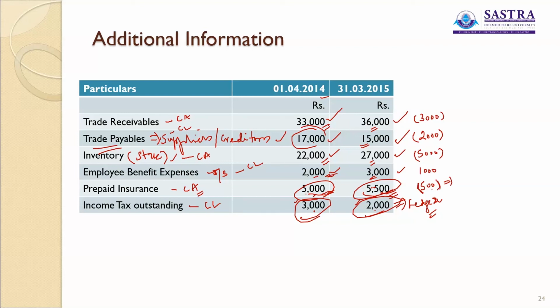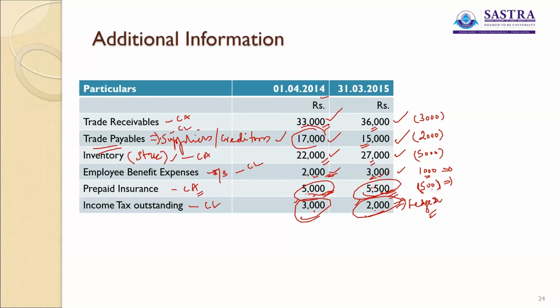When there is an increase in a liability, your operating cash will increase, so it should be taken as an add item. For a liability item like employee benefits outstanding, which increases from 2,000 to 3,000, you are getting credit. So this would have increased your cash position. Had it been paid, your cash would have reduced. But the scenario is you are getting more credit, from 2,000 to 3,000. That means you will have more cash to operate, so it should be taken as added.